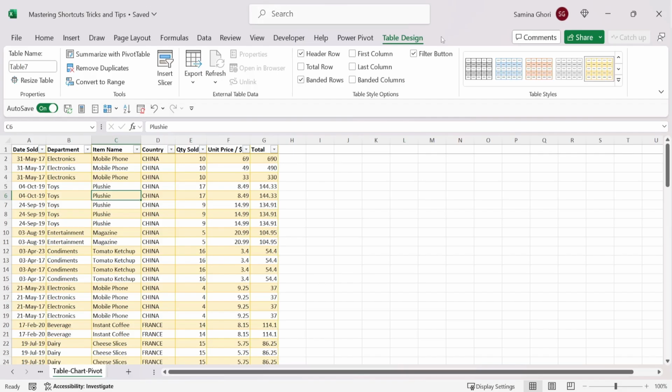Once again, being in the table design, you can also change the table name right here, and to change that you simply type in sales data table as you want to have your table renamed. This is especially useful when you are filtering from across a number of different tables or using this in things like Power Pivot. Now, you can also refresh your data if you had an external source, but in this example